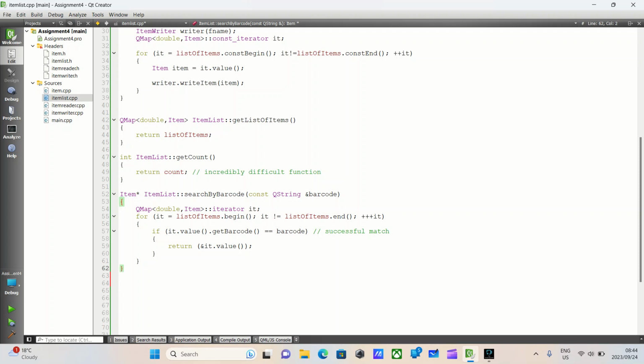We'll go down here, and if for some reason we exit the for loop, it means that we could not find an item. Return 0. We should return null pointer, but in Qt Creator null pointer is not valid, so we pass in the equivalent of 0 because null pointer equals 0. Barcode not found. You fool. Oh no. Great. We'll then do our last function, void item list, remove item,